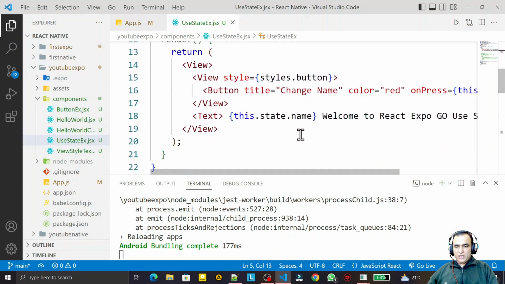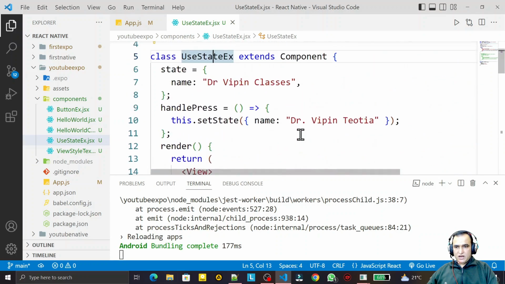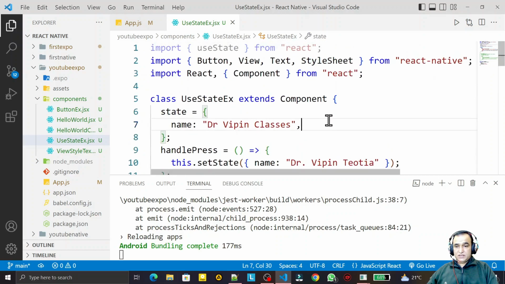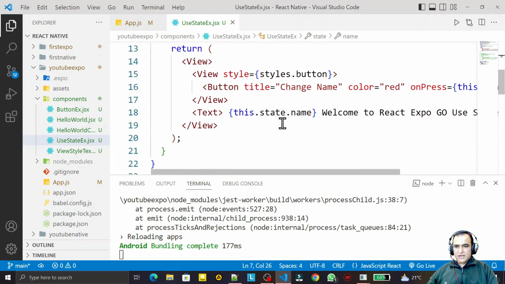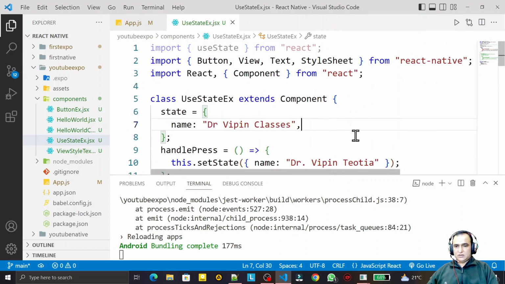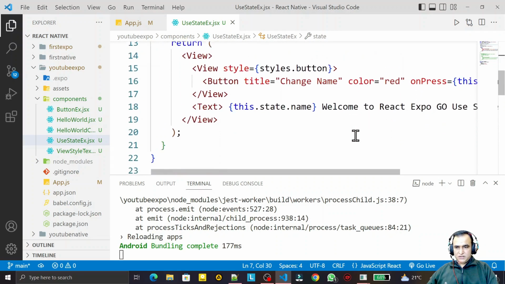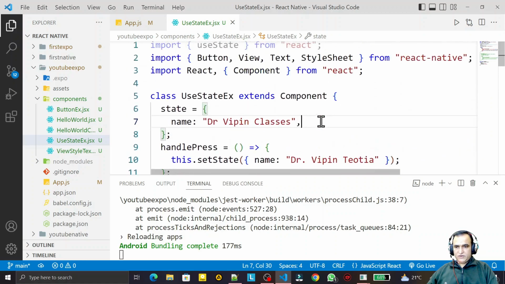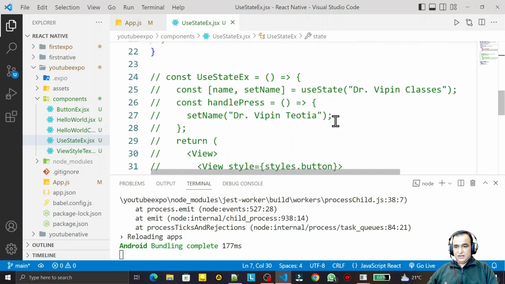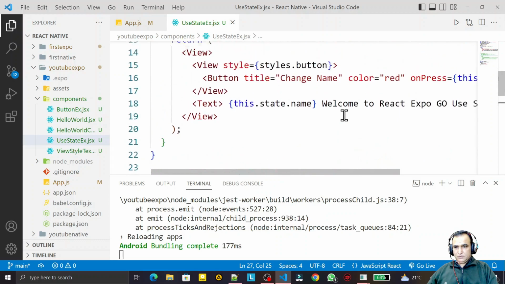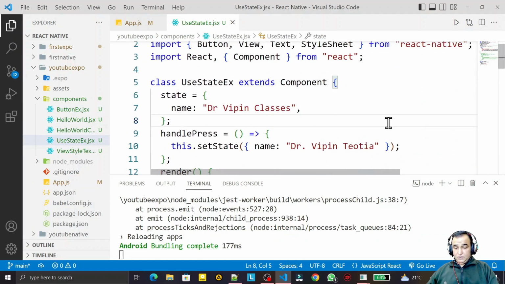So I am explaining both in a single video: how you can use the state variable in a functional component, as well as how you can use it in a class component. Both are similar, just the way of representation is different. Here we have a class and here we have a function. Both are equivalent. I think you understand now how we can use a state variable in React Expo Go with class and